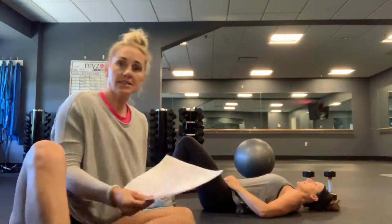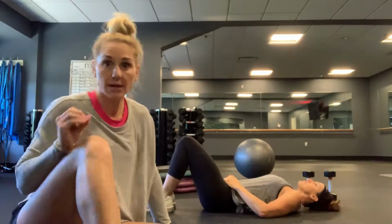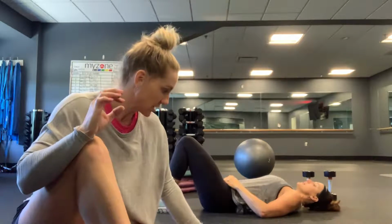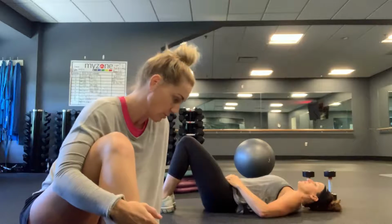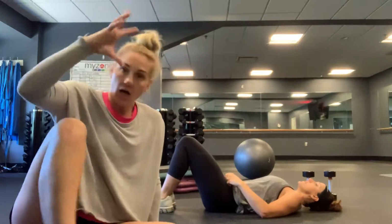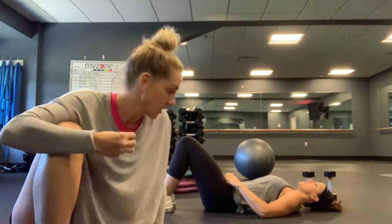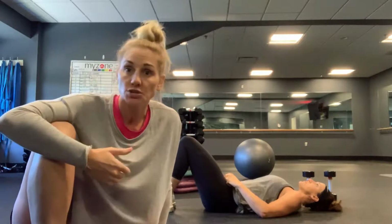Alright, guys, this is your body weight and banded metabolic day. So what you have is basically two sections. You are going to do the hundreds. You'll see it on here. We have a round of hundreds. You're gonna do that, take a small rest break, and then you're gonna go into your second round, which is